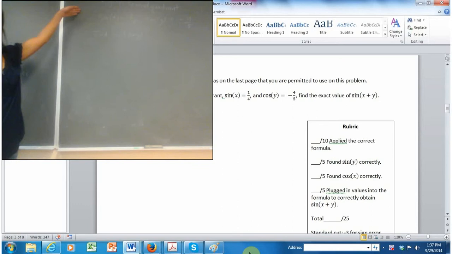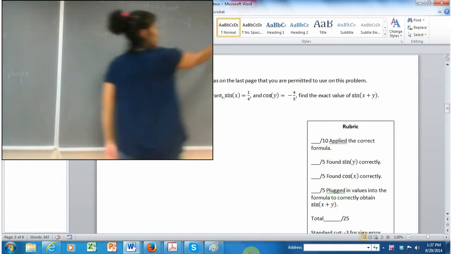So the first thing you're given here is that x and y are in the second quadrant. So on the unit circle,